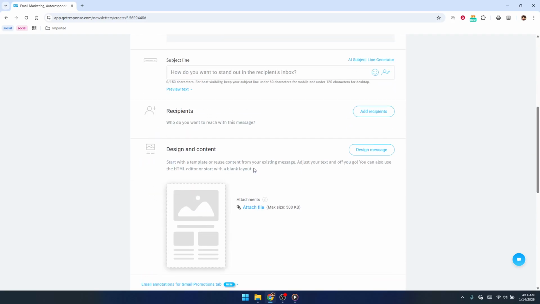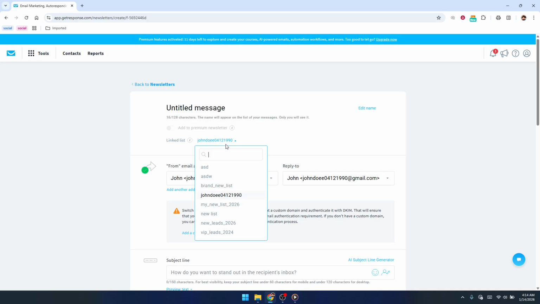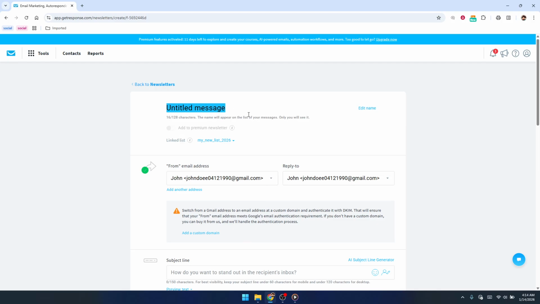Next, you'll be asked to select your list and enter a subject line. Choose the list that contains the contacts you want to email, then type in a clear, compelling subject line. Don't worry, we're going to personalize it in a moment, but start with something that explains what your email is